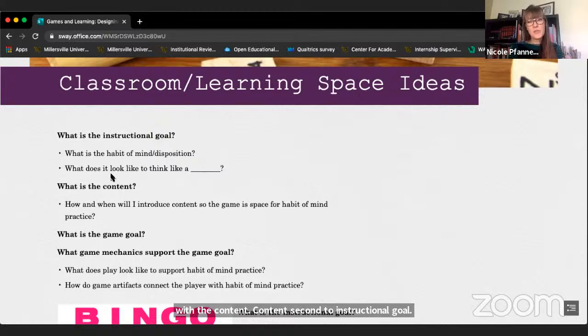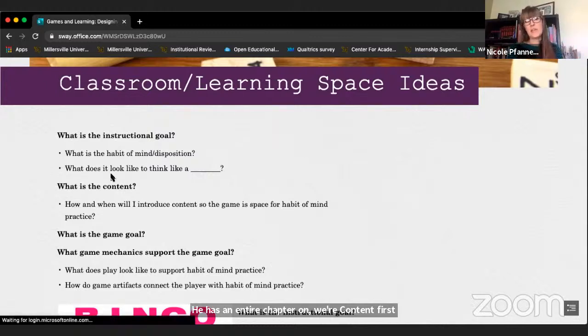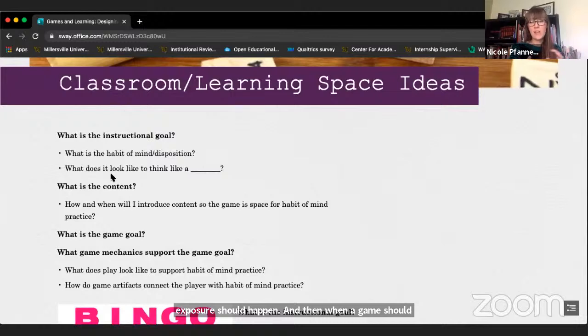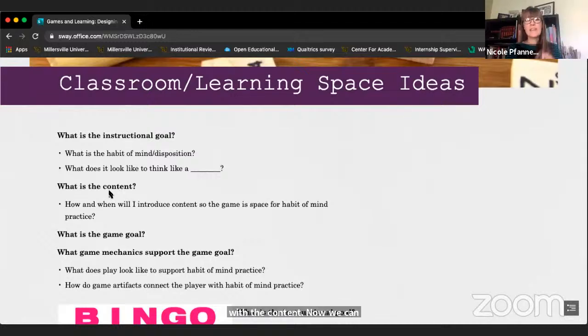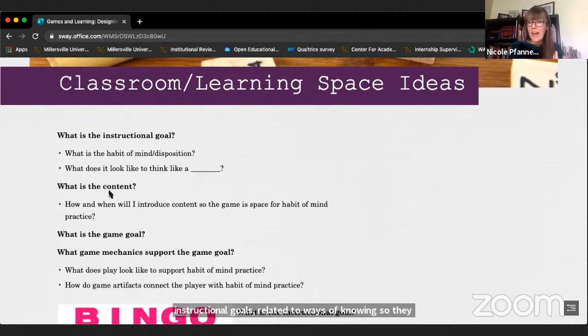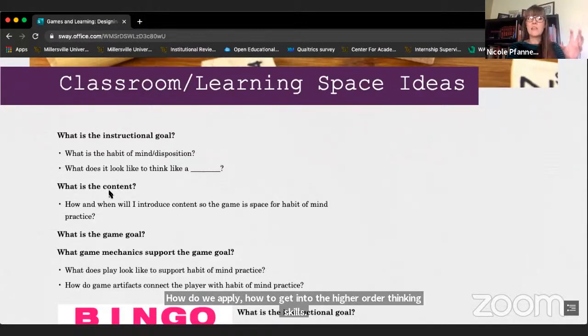There's also a significant amount of research that, and I believe I included Bowen's Teaching Naked on the annotated bibliography, but I might not have. He has an entire chapter on where content first exposure should happen and then when a game should happen in relation to that. And I think it's really important to think through the game not as content first exposure, but as the students are fairly comfortable with the content, now we can really get to what are my instructional goals related to ways of knowing, so they know how to work with the content, how to ask questions, how to apply, how to get into the higher order thinking skills related to the content and the content knowing,